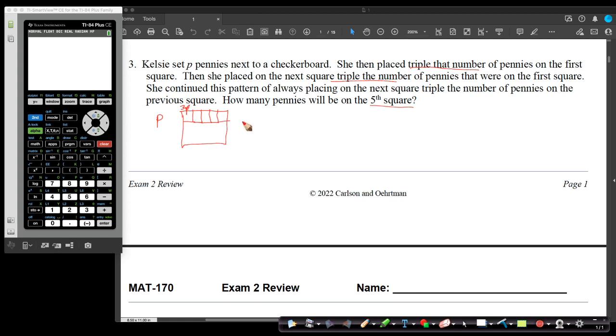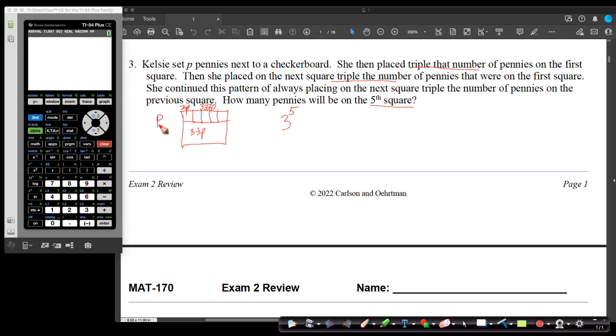I guess maybe we'll do it here. So second square, she's going to take 3 times what was there, so that's 3 times 3P. The third one is going to be 3 times that. So what's happening is we're repeatedly multiplying by 3. So by the fifth square, we have multiplied by 3. As you can see, 1 time here, 2 times on the second, 3 times on the third, 4 times on the fourth, 5 times. We will have multiplied by 3 5 times by the time we get to the fifth